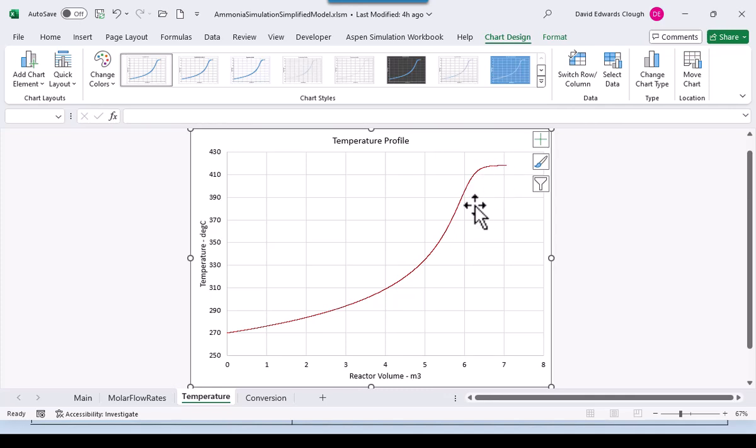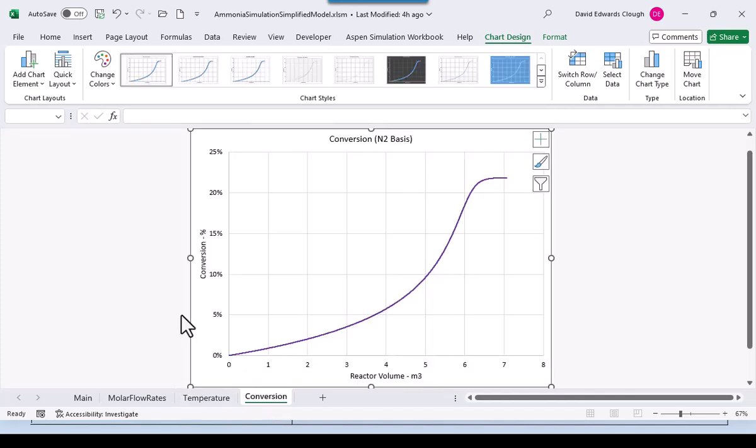And what's happening here, as you get to this temperature, the reverse reaction starts to play a more important role, and eventually the reverse reaction is balancing the forward reaction, so we get no further conversion. And then this is the conversion profile, a similar form. It starts at 0 and it ends up somewhere around 22%. So let's go back to the slides